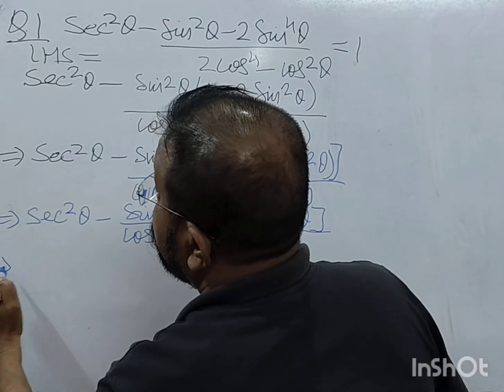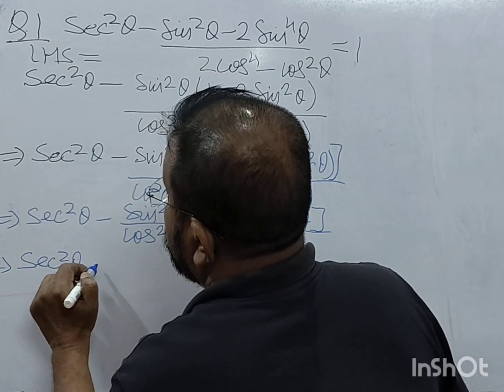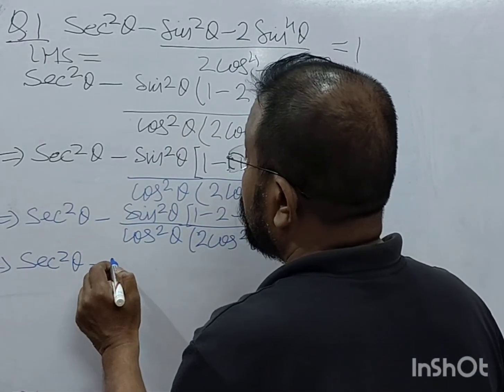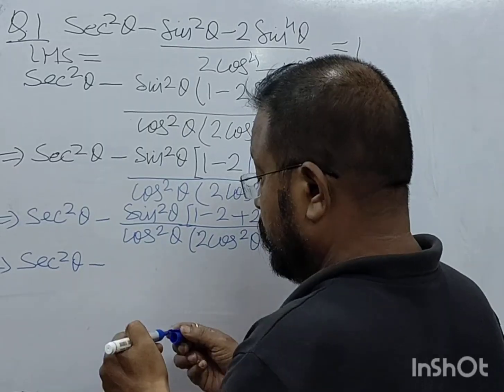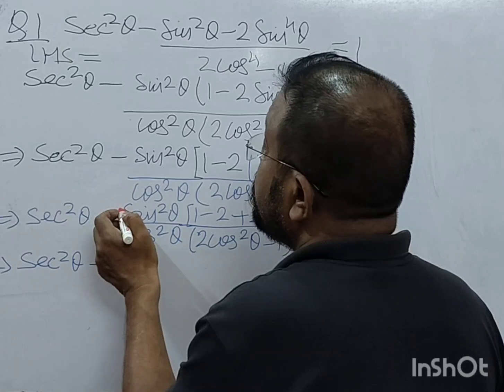So we have sec square theta minus, we can write it sin square theta